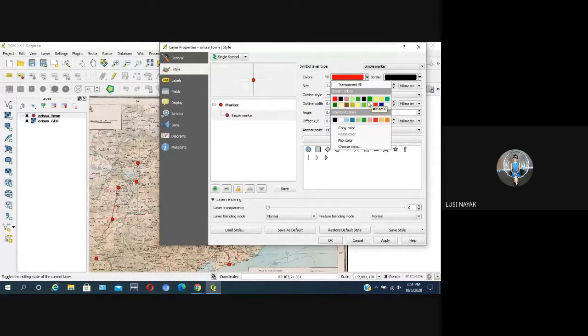Change the color here. Yes, getting. Change the size of the point also. That is outline. Below the color, the size is there. Increase the size.